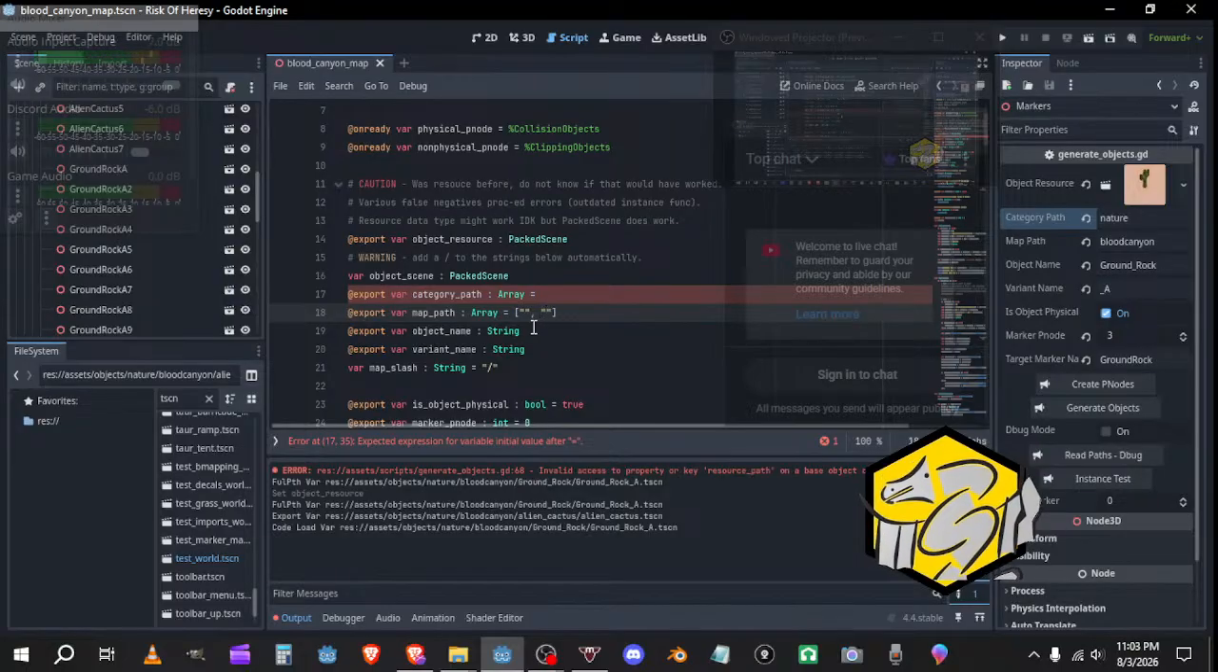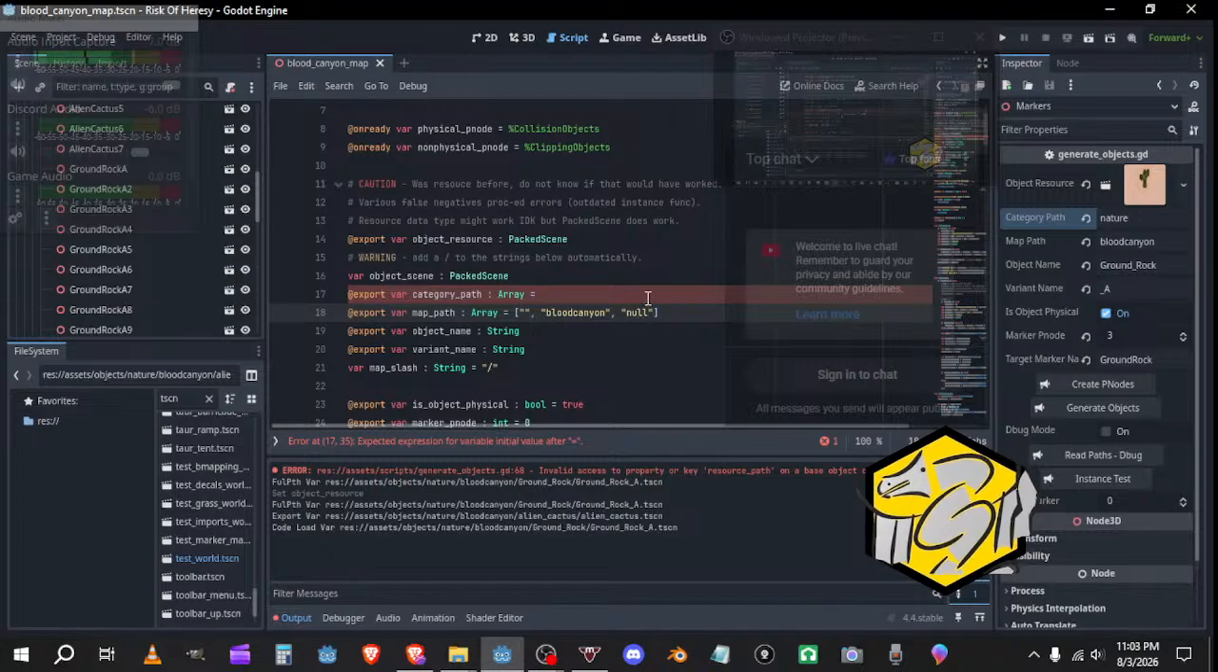So in map path we would do null and Blood Canyon, and then we'll just do null again. Or can I do null? Can we do a null? Is null an actual value? It is. We'll just do that. That should be good. And in the category path, this one's going to be more